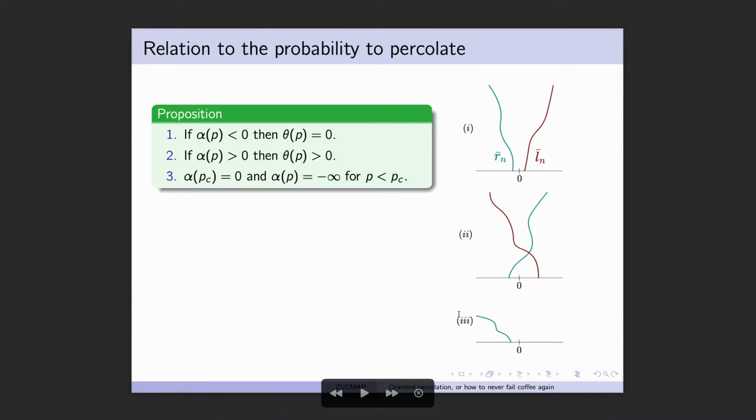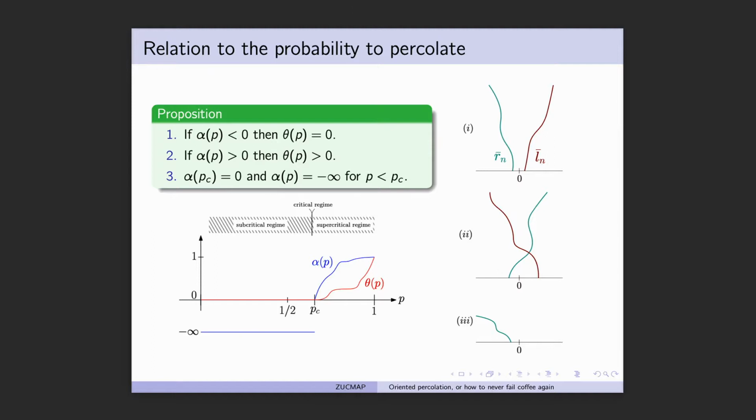So we can refine our older picture and have something that looks like this. So I added a little plot for alpha of p. Below PC, it should be equal to minus infinity. Above, it should be positive. At 0, it's equal to 0, and there are some more results I did not talk about, but you can pretty much also compare alpha p and theta p. You can show that alpha should be somehow above a linear function of theta of p and so on. So it's kind of the picture that you get at the end. Also, you can show that alpha of p is differentiable and so on. But I don't have time to talk about all that.